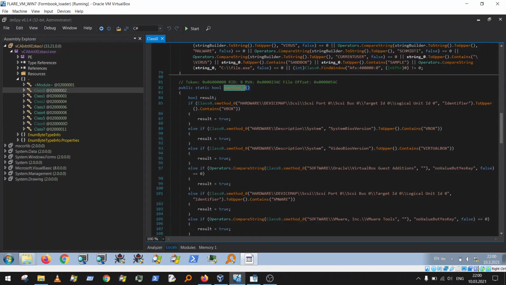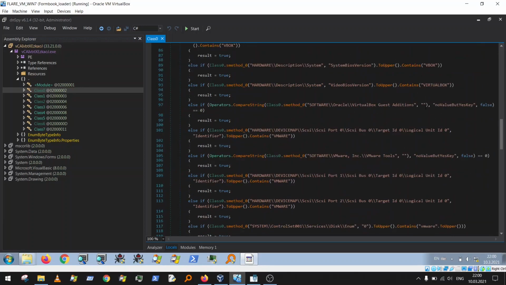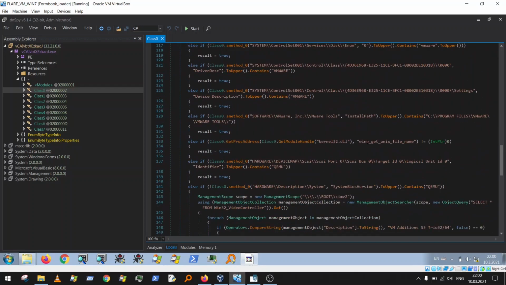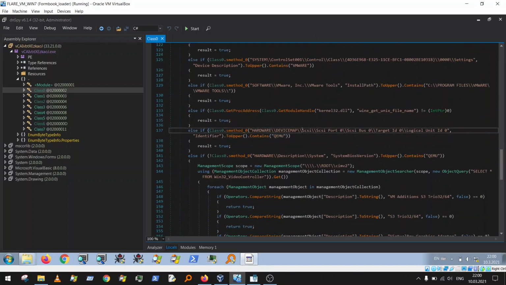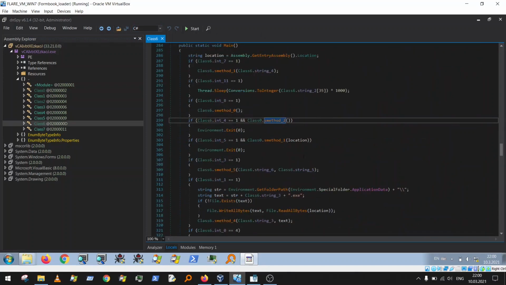Method 2 is checking the VM environment. It can check VirtualBox, it can check Wine, it can check VMware tools, the VMware environment, it can check QEMU. Yeah, so we are not interested in this too. We will patch all of these methods and delete them later. And method 1,